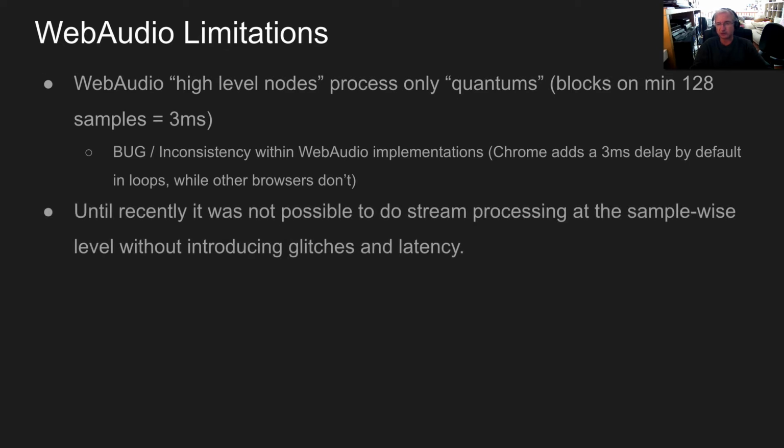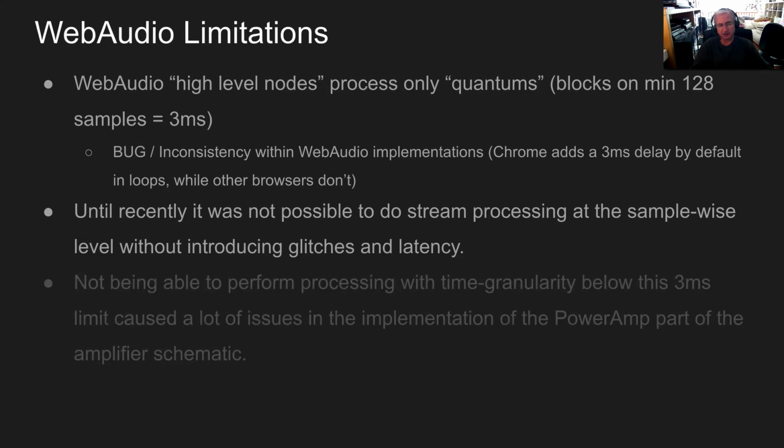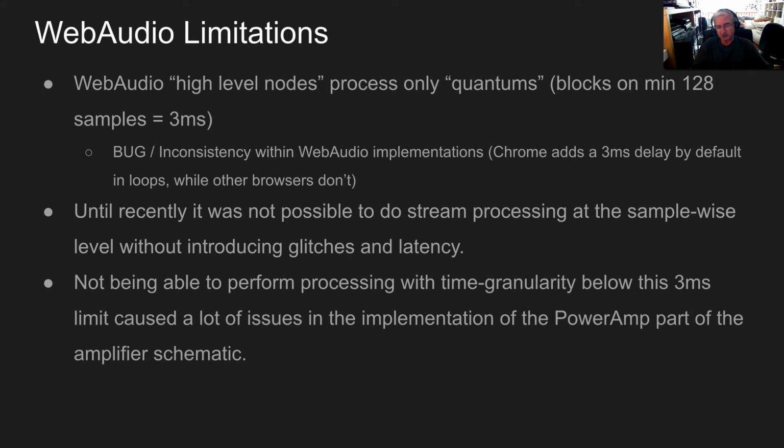And until recently, it was not possible to do stream processing at the sample-wise level without introducing glitches. Now it's possible thanks to the AudioWorklet node that has been added and that is available since this month in all major browsers. But for a long time, not being able to perform processing with time granularity below 3 milliseconds caused a lot of issues in the implementations of loops in the WebAudio graph, and in particular in the power amp